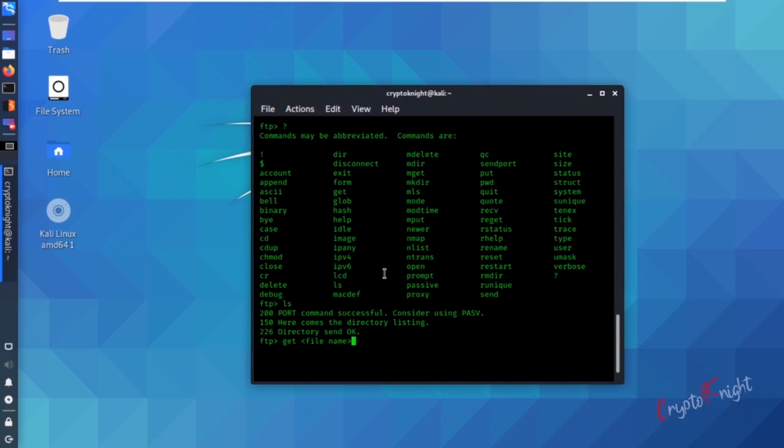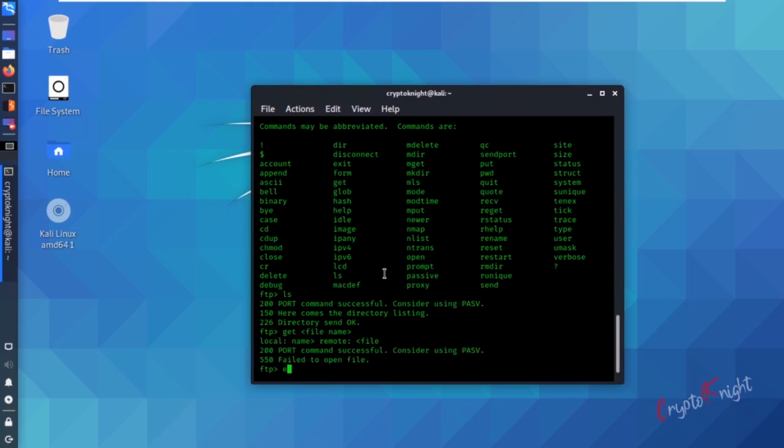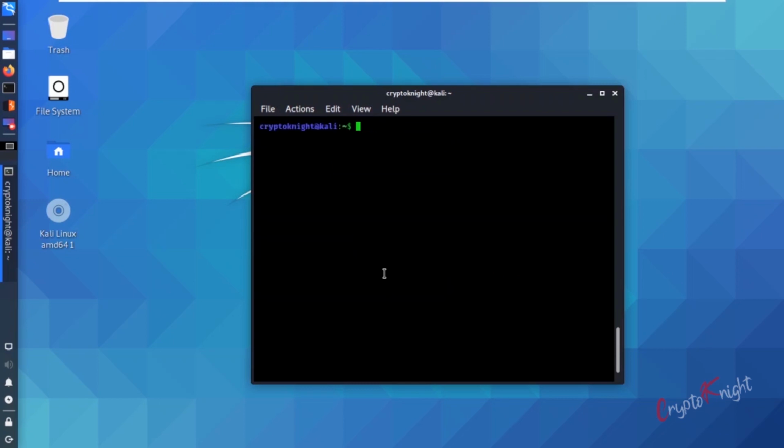Now let us learn an approach through Metasploit. Like I told you, Metasploit is one of the most powerful tools that hackers use. Simply type exit to come out of this shell. Now let us run Metasploit: msfconsole, and hit enter.